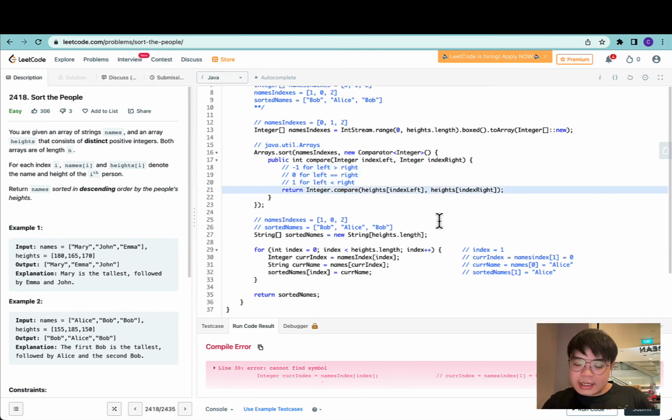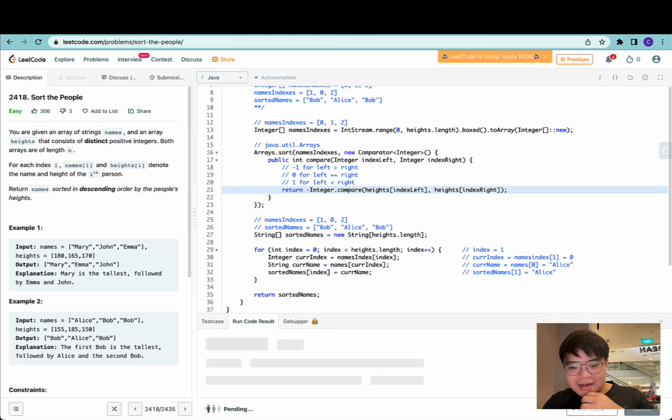And in this case, because we want the left to be the one with the higher height, we can put a negative in front, and this would put the one that is taller on the left side instead. So let's run this again. I'm curious that,